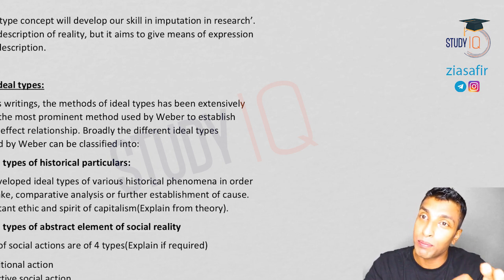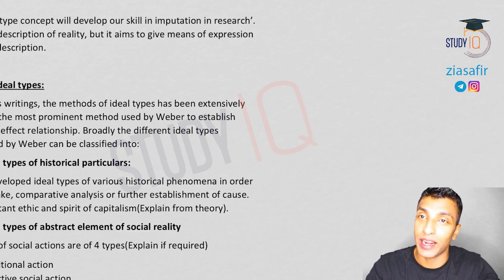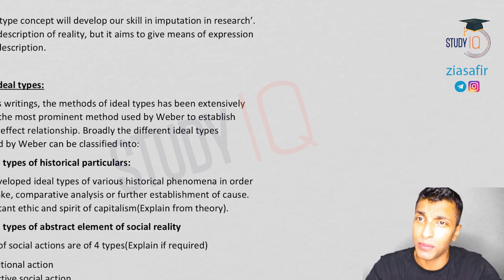So I can see the people are writing the answers just by mugging it up from different sources. Only the language is different, but it is easily understood that they actually don't know the concept and they're simply writing, with ready-made examples also. So in simple terms, for the conceptual understanding, ideal types are the regularities, regularly seen elements. That's enough. That's about ideal types.